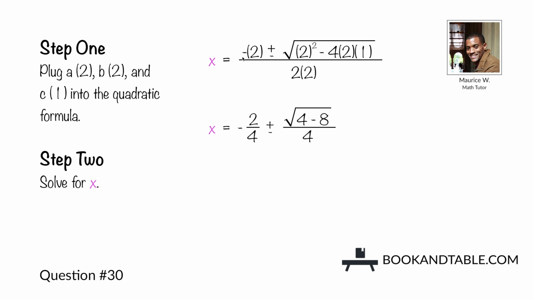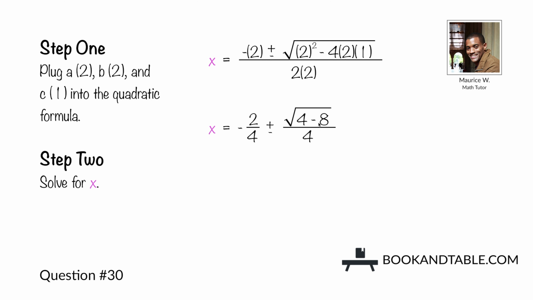So we get negative 1 times 2, which is negative 2 divided by 2 times 2, which is 4, plus or minus the square root of 2 squared, which is 4, minus 4 times 2 times 1, which gives you minus 8, over 4. So we get negative 2 over 4, which is negative 1/2, plus or minus the square root of